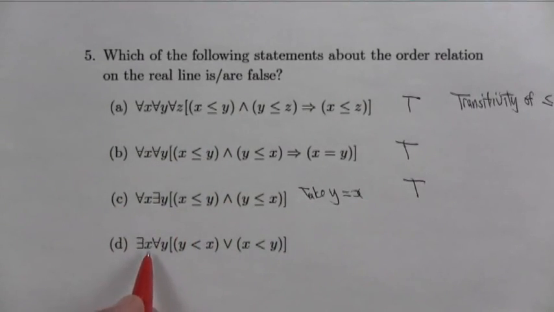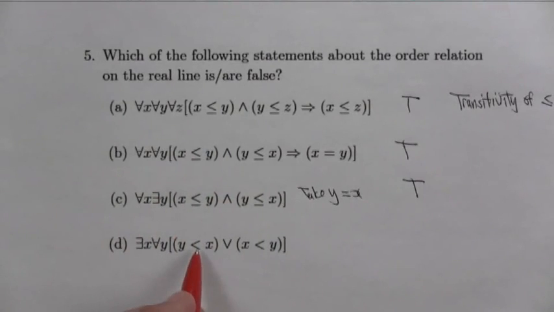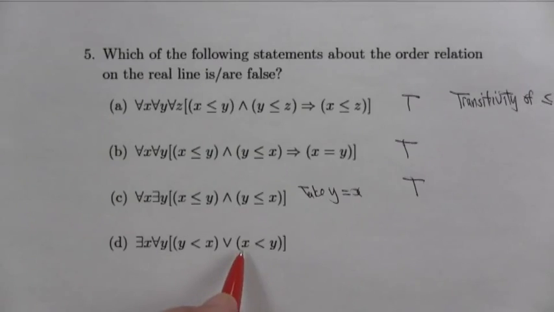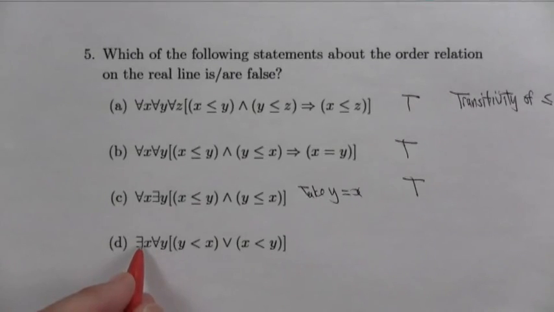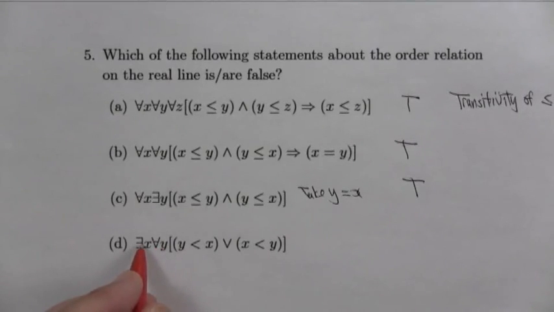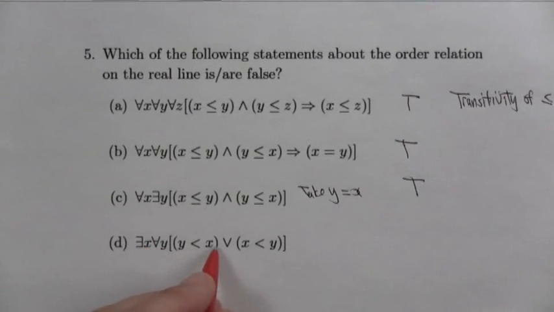Let's look at the last part. There is an X such that for all Y, Y is less than X, or X is less than Y. Well, you might be tempted to say, yep, given any X, it's the case that every other Y is either less than X or bigger than X. But wait a minute. Among the Y's governed by a universal quantifier is the X you start with. So if there was an X with that property, how could this happen? Because when you look at all the Y's, among those Y's would be X itself. So you would have X less than X,